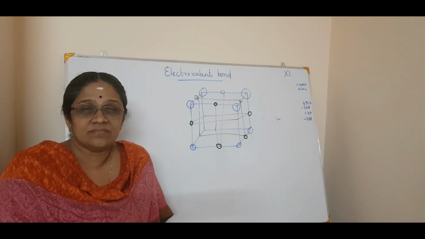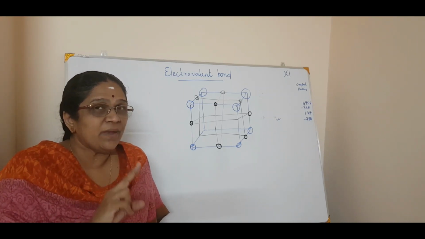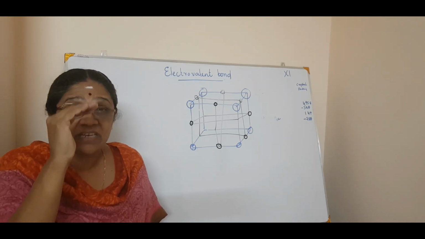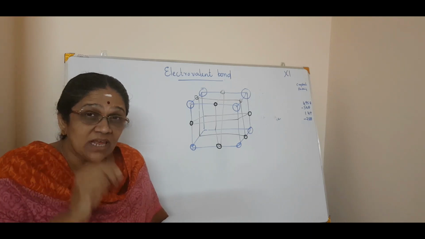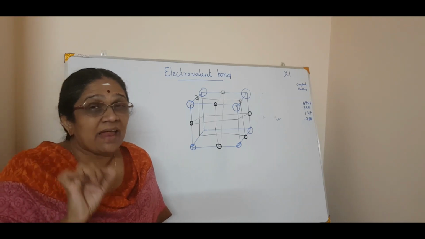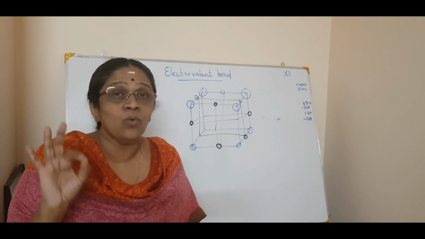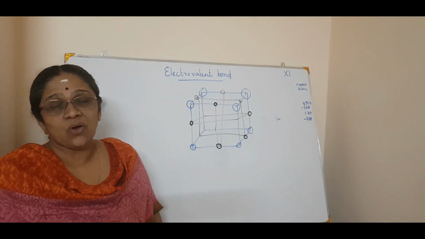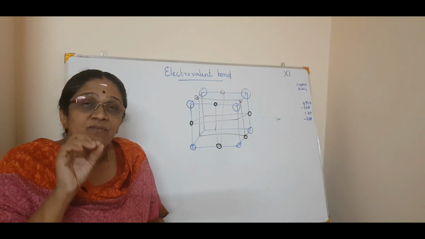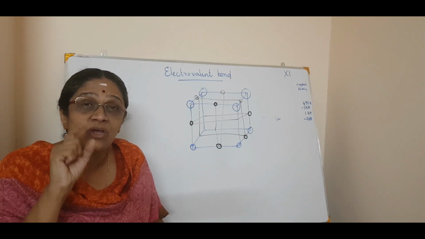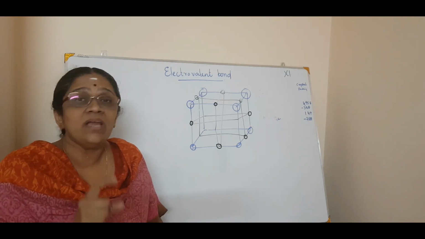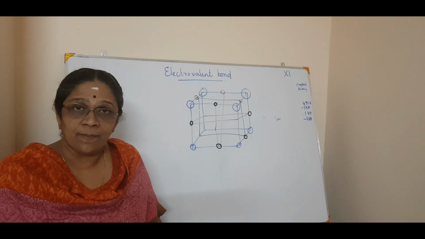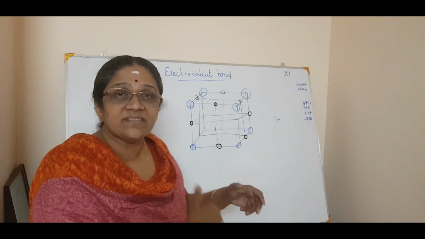Okay, so now tell me, what are the factors that the formation of an electrovalent bond depends on? Is it only the ionization potential and the electron gain enthalpy? No. Then it is also lattice energy. So, what I mean is, you have to take lattice energy also into consideration while you talk about an ionic bond or an electrovalent bond. Got it? So, now we will consider all the three values.